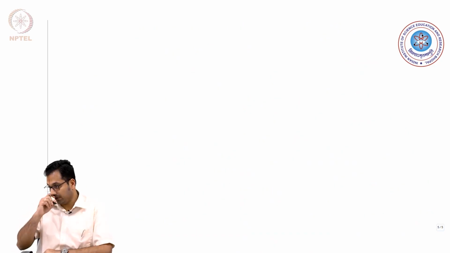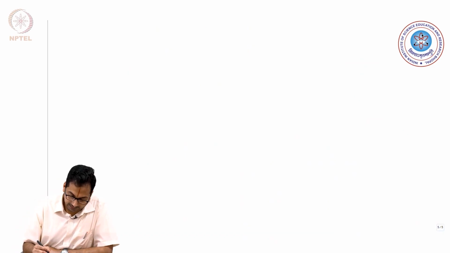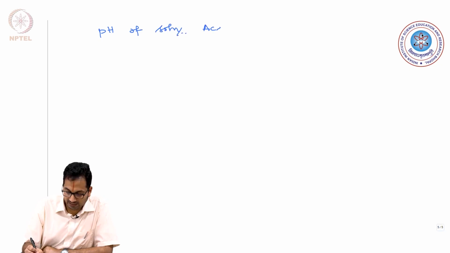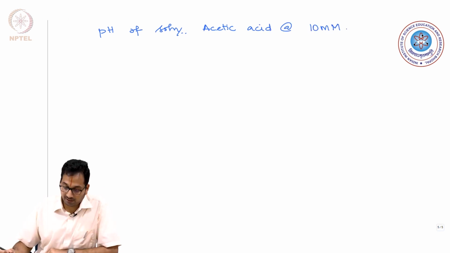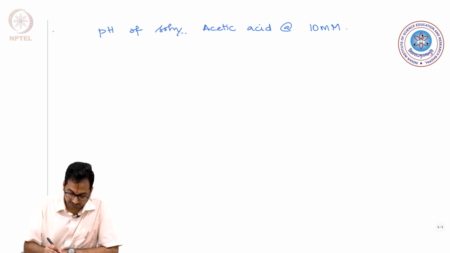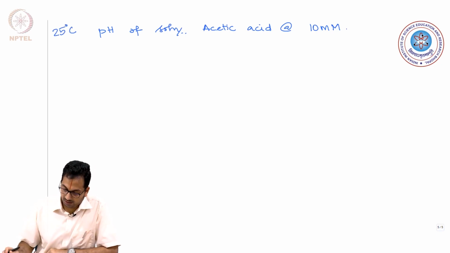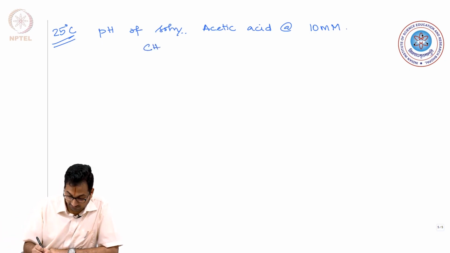So let us solve one more question to finish up the entire discussion. Let us say we have to calculate the pH of a solution that has initial acetic acid concentration at 10 millimolar. So what is the pH of a 10 millimolar solution of acetic acid? Of course, we are assuming it is all 25 degrees. In equilibrium experiments, you have to mention the pH and the temperature at which it is being performed. If we do not say anything in the assignment or in the tutorials, it immediately means that you are assuming 25 degrees Celsius. So acetic acid is a weak acid,